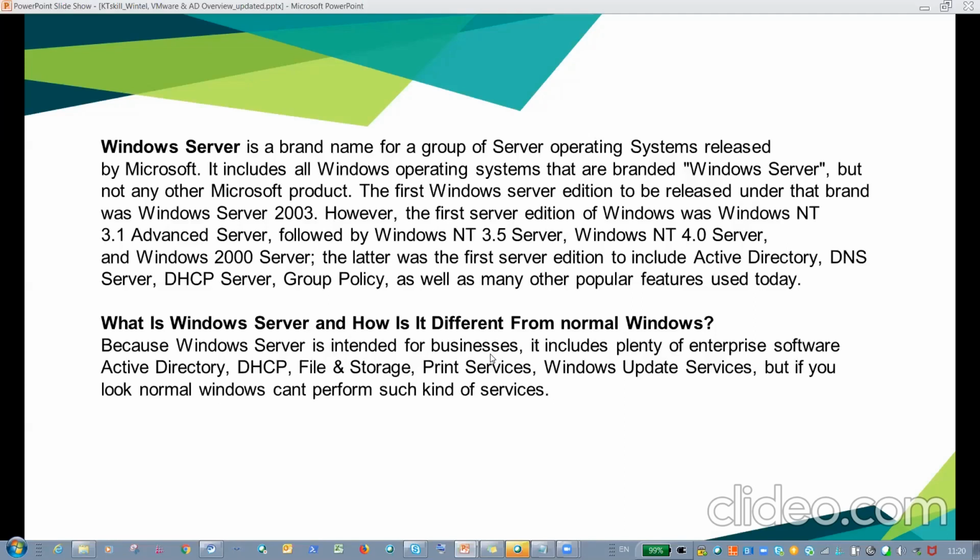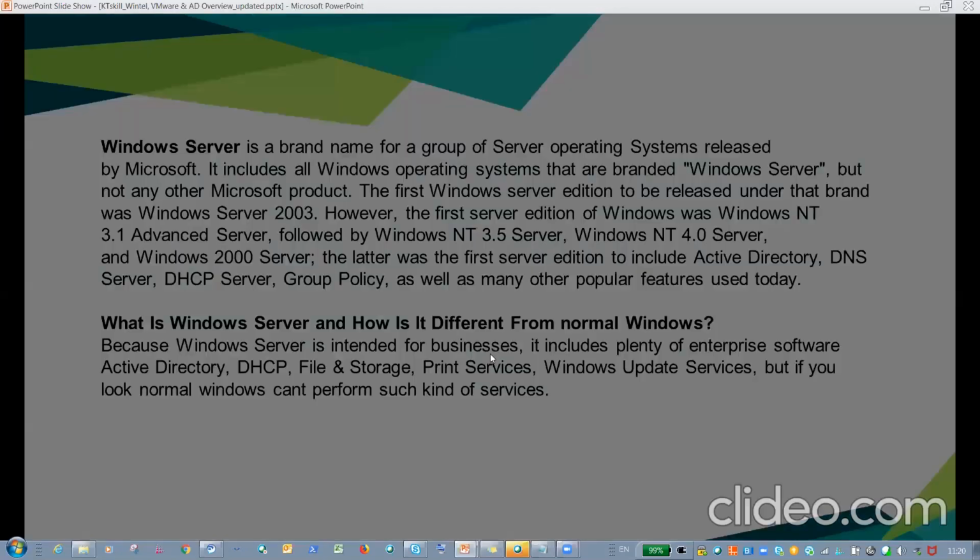However, the first server editions were Windows NT 3.5 Server and 4.0 Server, and Windows 2000 Server, and the latter was the first server edition to include Active Directory, DNS server, and DHCP server, along with group policies and other popular features used today.